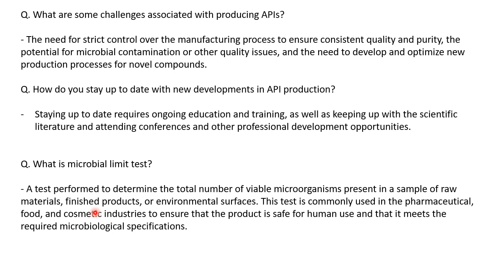Now, from the name microbial limit test itself you can say that it tests what the limit is for microbial contamination in a sample. There is also an acceptance criterion for that, and that is what we are testing here. So, the total number of viable microorganisms. We are just focusing on viable, that means those which are able to grow. This test is commonly used in the pharmaceutical, food, and cosmetic industries to ensure that the product is safe for human use and that it meets the required microbiological